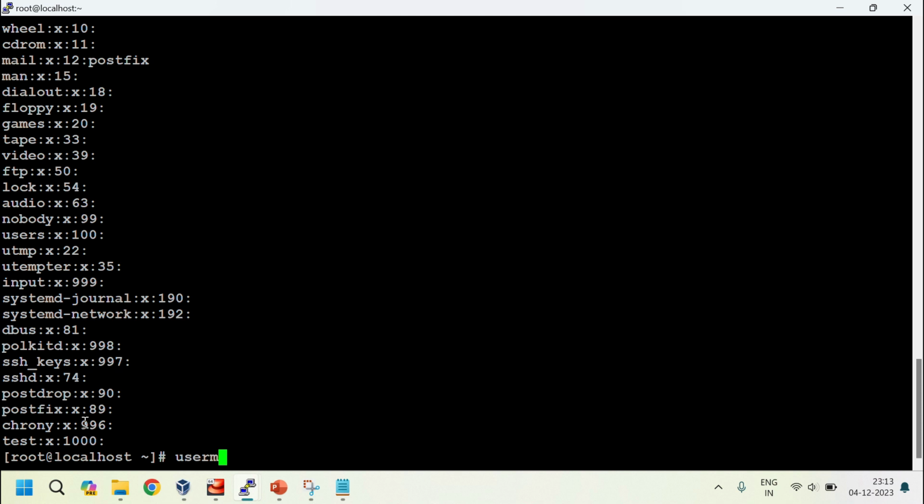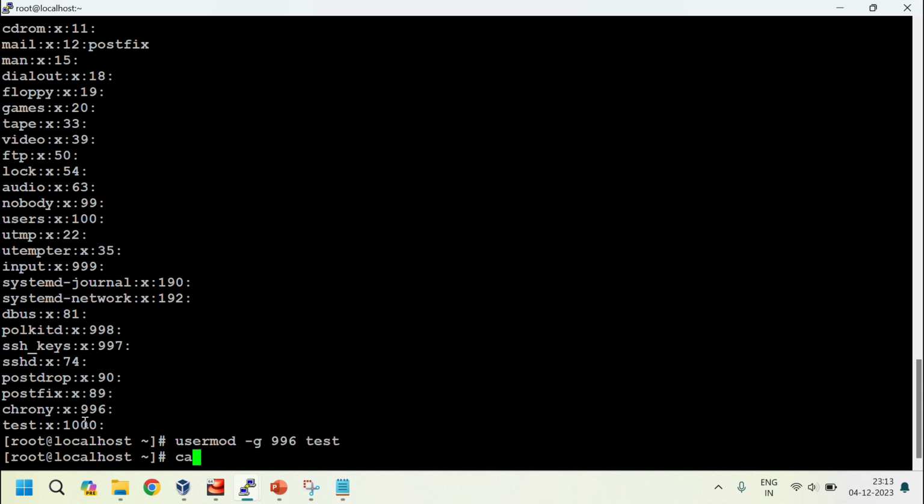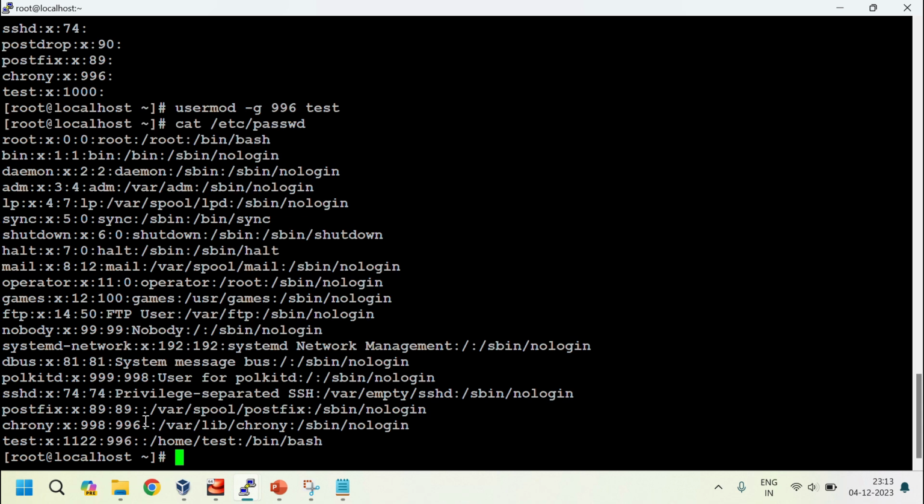usermod -g 996 to test user. Okay, now cat /etc/passwd. See, it's changed to 996. Means this test user is under this group. Okay, now we can change it again to 1000, usermod -g